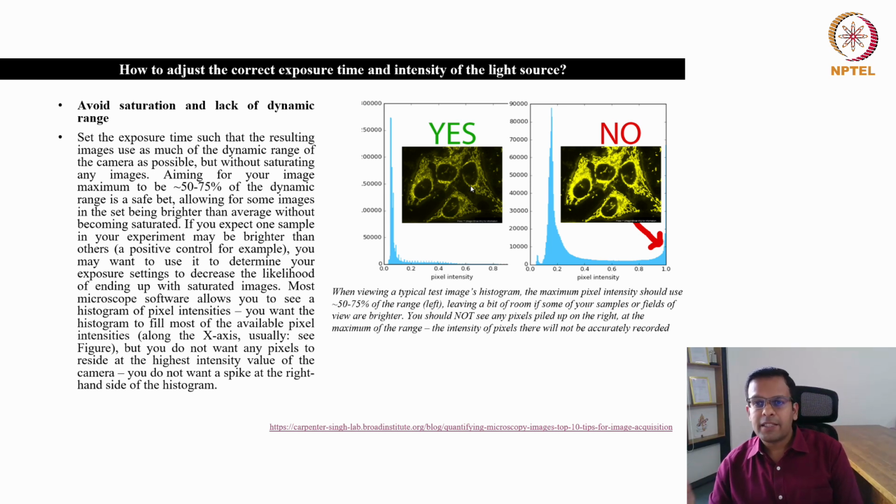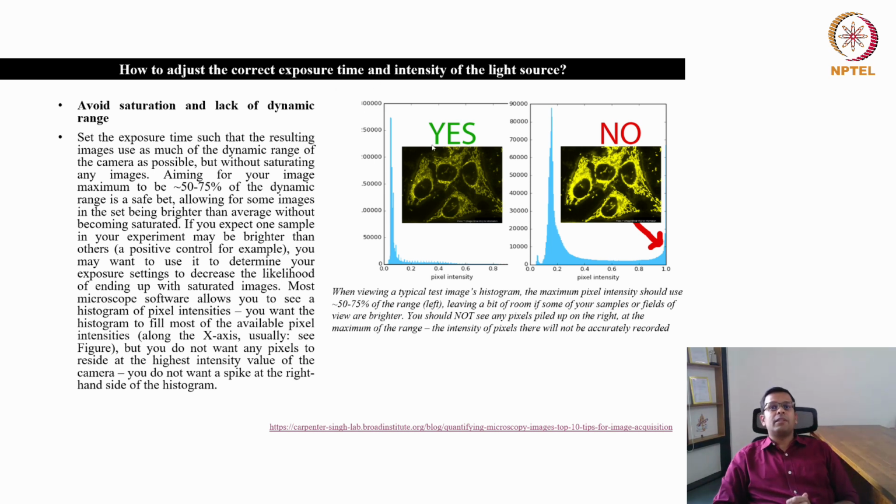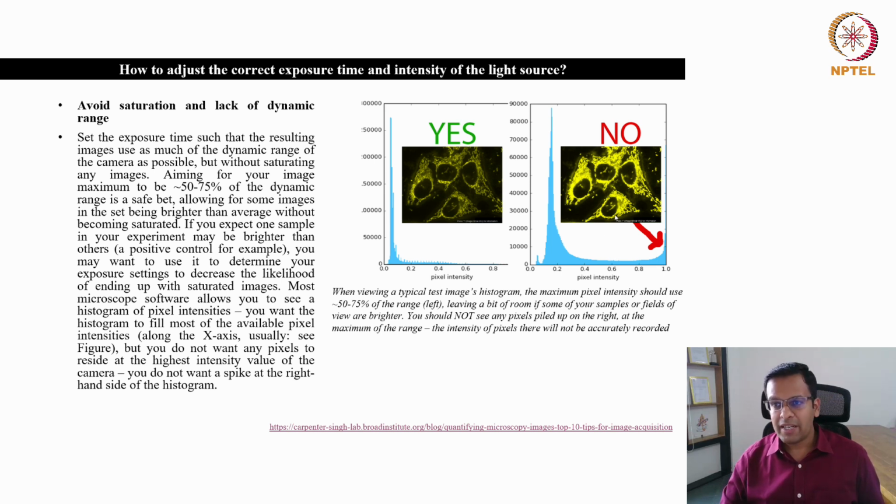So set the exposure time considering the wild type strain, which is expected to be brighter in fluorescence. And then you image your mutant, which is expected to be low in fluorescence. But don't do vice versa. Don't set the exposure time and the light intensity based on the mutant, because when you then image the wild type cells, you will start seeing the pixels saturating, because the exposure time that you set for the mutant was actually high. In the wild type, you will see some saturated pixels like this.